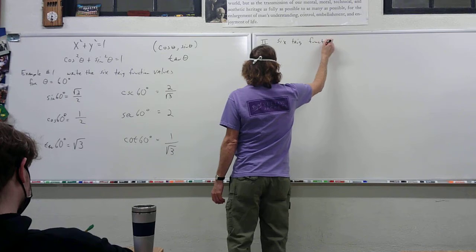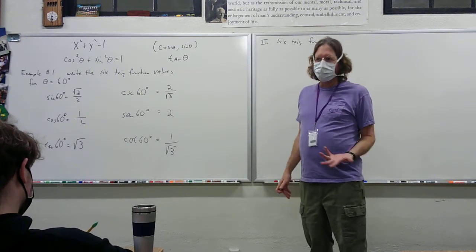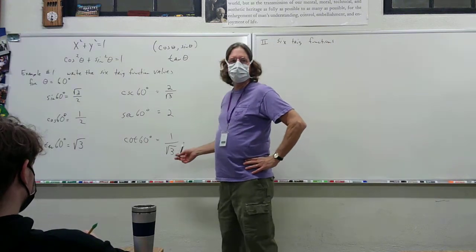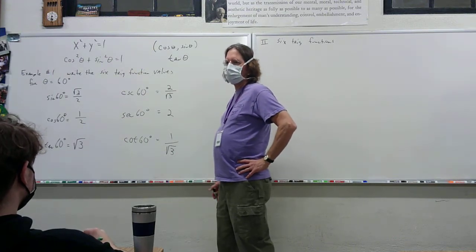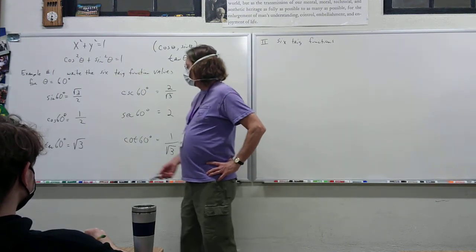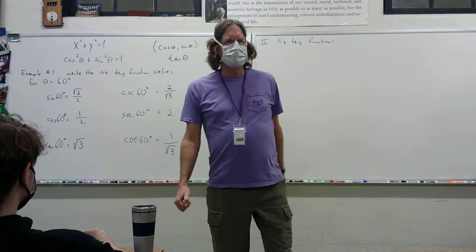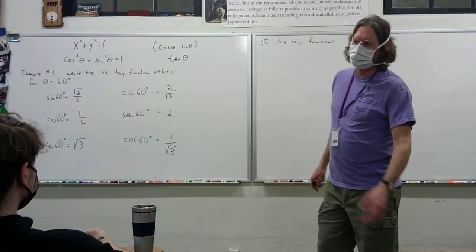And what you'll find out is in the book, sometimes they ask for all 6, and then sometimes they just ask for 1. My deal is, if you can find all 6, you can find any one that you need, right? You'll never need all 6 of them in a problem. Basically, in calculus, you use sine, secant, and tangent a lot, okay? Sine, secant, and tangent is what you use in all your trig substitution stuff. So that's the 3 that